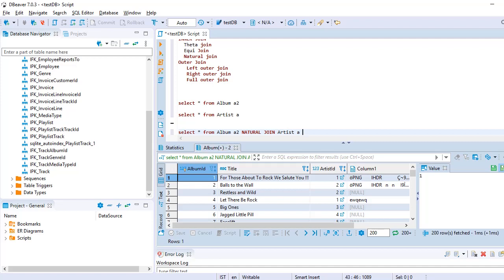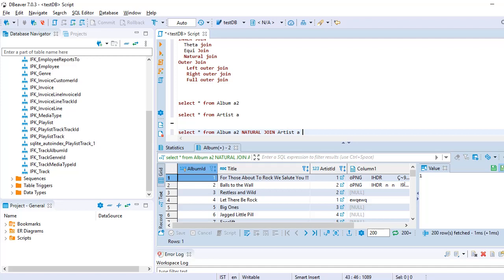Like the way we are getting the results, we can define the joins. The theta join is the join of two tables where we compare the common attributes using an operator other than the equal to operator, like less than, greater than, or not equal to.